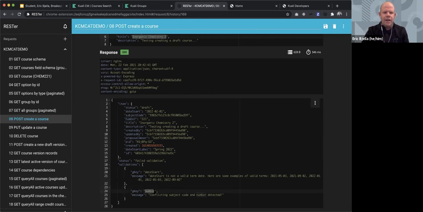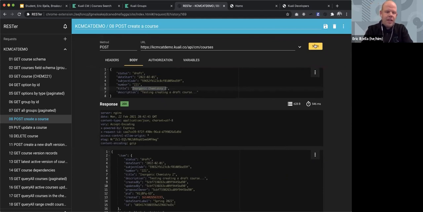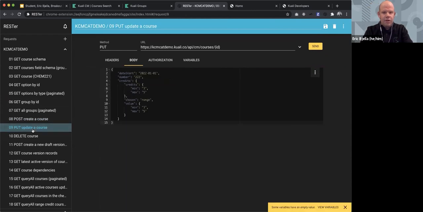Similarly, I have a number conflict where the conflicting subject coded number has been detected. So that's my create call. If I keep sending this in, it's just going to make new courses because I'm not hitting a specific course endpoint. But if I want to instead go ahead and update a course here,